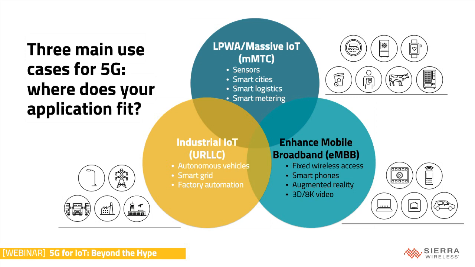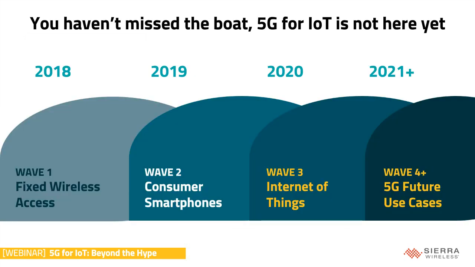So one of the key themes or takeaways from this slide is that you really need to know where your application lies within these use cases, and then what the corresponding timelines for those are. As an example, if you need to commercialize something, say this year in 2019, then perhaps something like LTE Advanced or LTE-M, NB-IoT and so forth would suffice in the interim. So expanding on that a little bit,